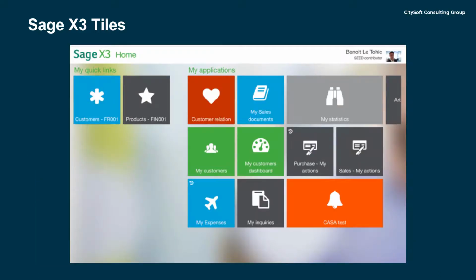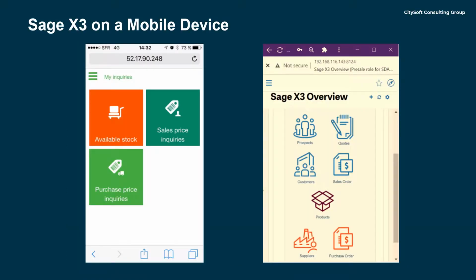Sage X3, as a web-native ERP, sizes to the device in use, such as on iPhones and iPads, and PDA units that are often used in a rugged warehouse environment. Mobile users can securely access Sage X3 on a mobile device to not only view data, but create transactions such as sales orders and purchase requests. In fact, any Sage X3 transaction they are permitted to create and to approve documents, record information such as expense